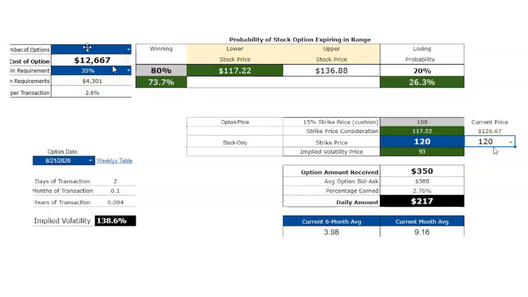I go to investor A and I tell him or her, look, I'll take possession of your shares and buy them from you if they fall below $120. And for me taking that risk, you'll have to pay me a premium, and that premium is basically $350. The premium is set by the market, and the size of the premium depends on the volatility.